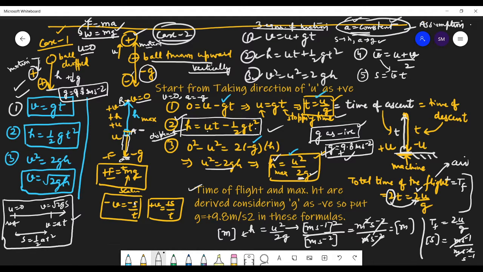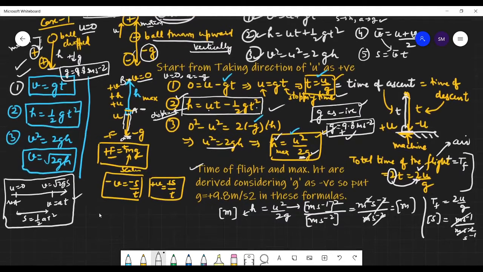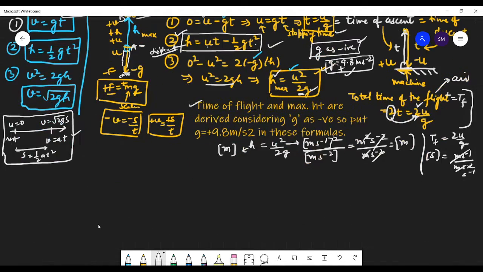So anyway, students, these formulas are very, very important, and we are going to use these formulas only in the questions because we want speed. We want to do the JEE questions, because we will get only 1 minute. So no time to derive the formulas. Okay, shall we move forward now? Yes, sir.